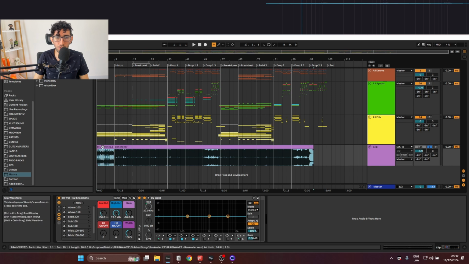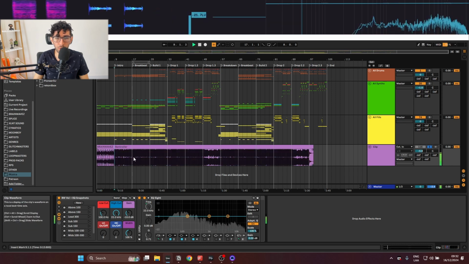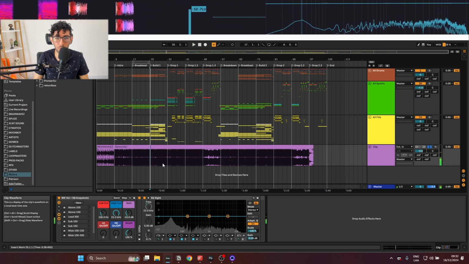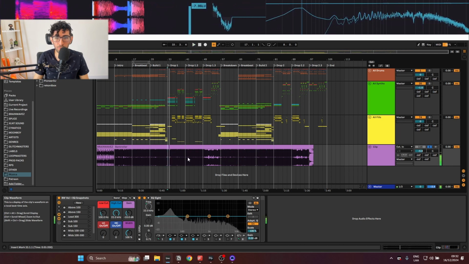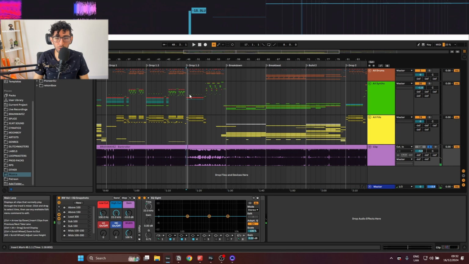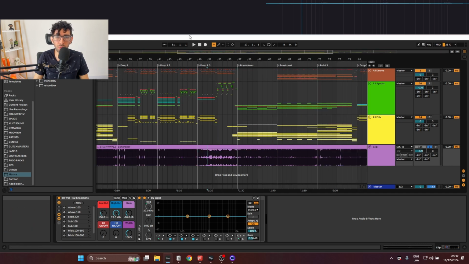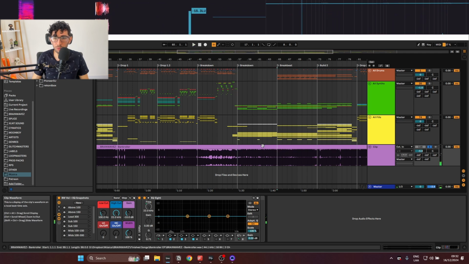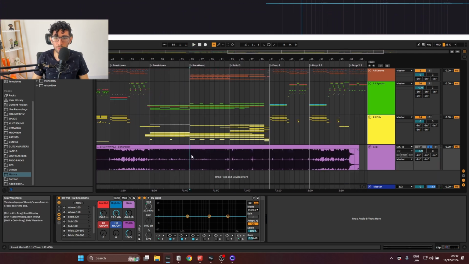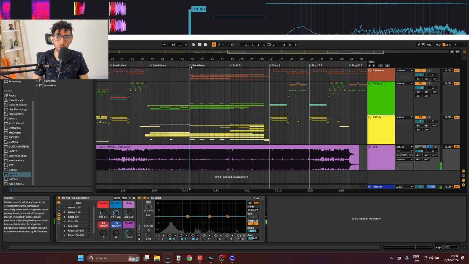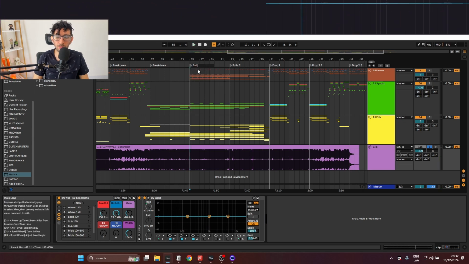So intro is in here, build up, then drop. But in this case, the breakdown comes a little bit earlier. So if I was with a new project and I didn't know what to do next, I would just go in here and it's like, okay, this is the breakdown. So I would just rename this breakdown and then continue. So build up would be here. And then the drop